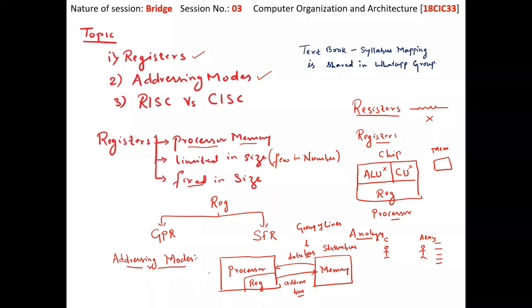Now there are many ways. The processor has various ways to access the memory, right? Those various ways of accessing the memory by the processor are termed addressing modes. If the processor accesses its own memory, we call it register addressing mode. If it refers directly to memory, we call it direct memory addressing mode. If we are accessing the data from the memory indirectly, we call it indirect addressing mode. So like this, we have many ways. The processor has many ways to access the data. Now, we are going to study those ways one by one.